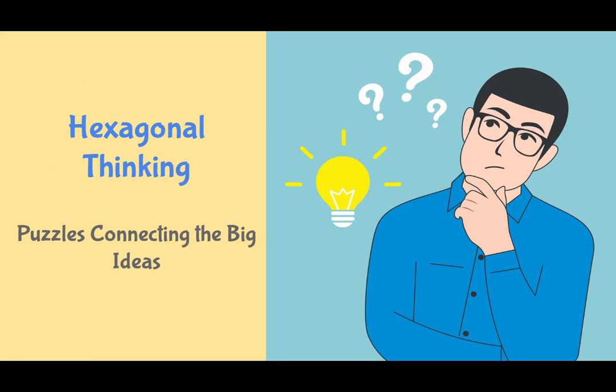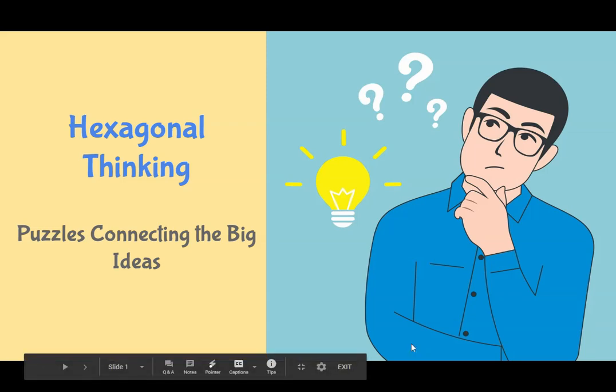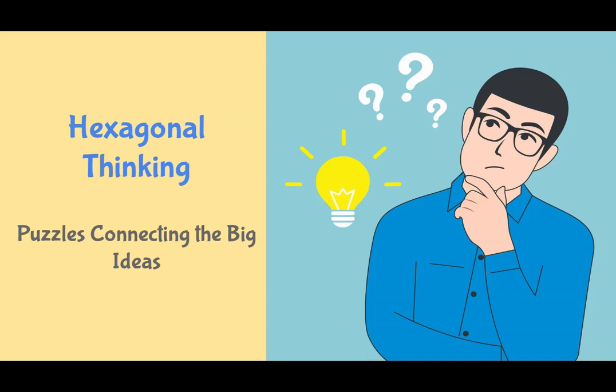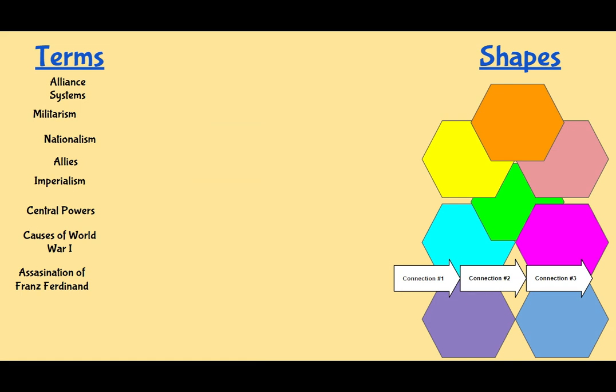Hey guys, I wanted to share an idea that I came across. It's nothing new, but it's called hexagonal thinking. I like it because it's easy to implement and it could spark some really good classroom discussions and also help kids with writing. So it's basically like using little hexagons and fitting them together like puzzle pieces to connect big